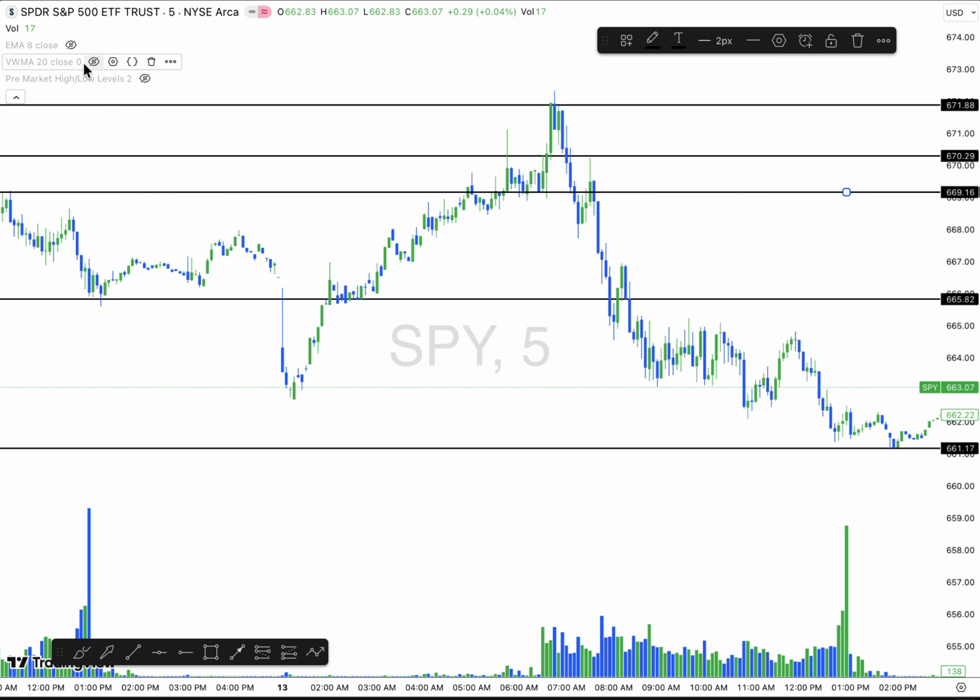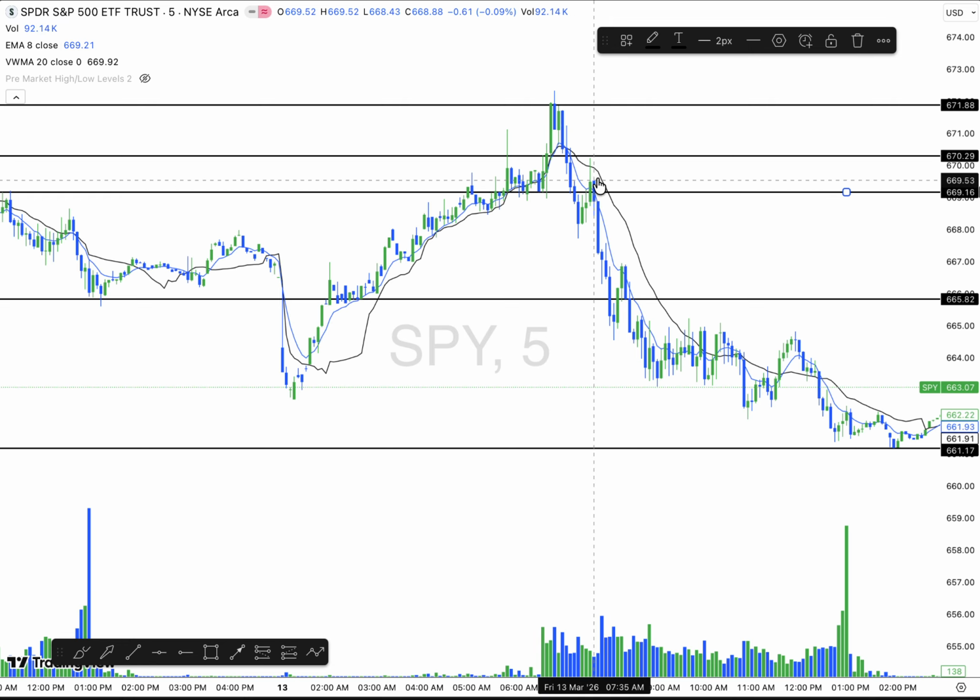Now if I turn on my EMAs, same exact thing. It's rejecting off my 8 and my 20 via VWAP. So my VWAP and my 8 EMA is showing that it pushed off of that. So once we rejected and showed that we weren't going any higher, this next candle here was an indication to continue to the downside, or we wait for the push down and then we wait for another rejection, which would